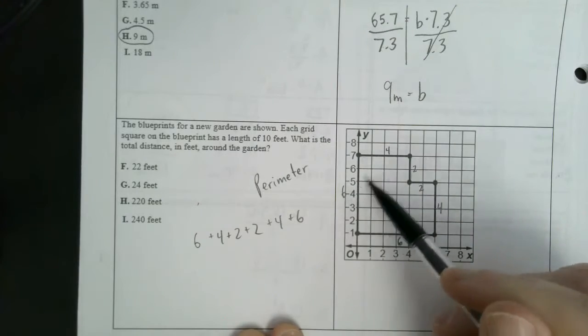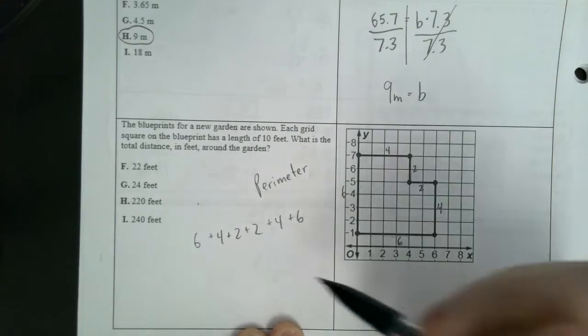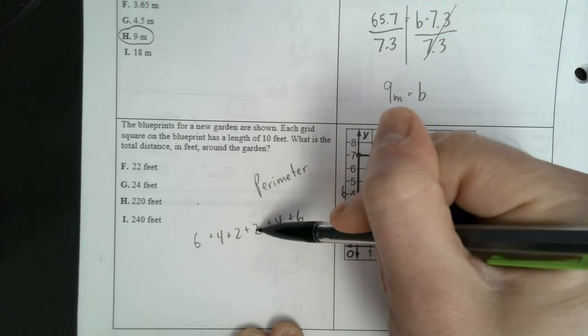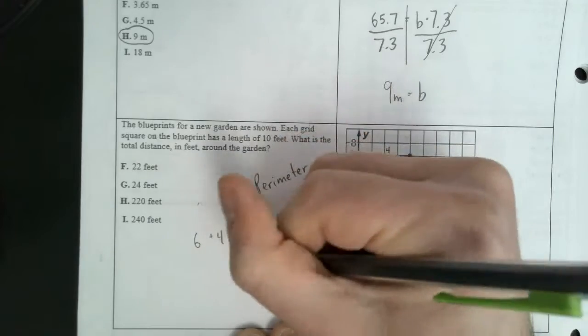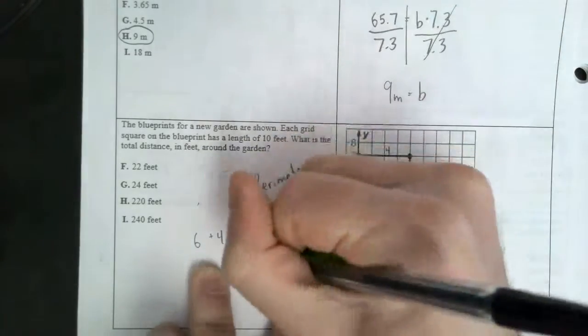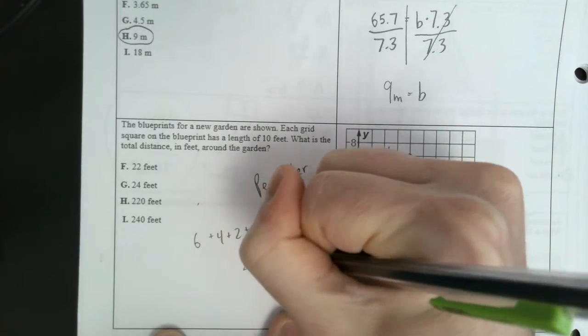I'm going to make sure I have all the sides. 1, 2, 3, 4, 5, 6. Got them all. So I'm going to add them up now. That's a 10. That's 4, so 14. That's another 10. That's 24 units. However, in the question, it says right here,